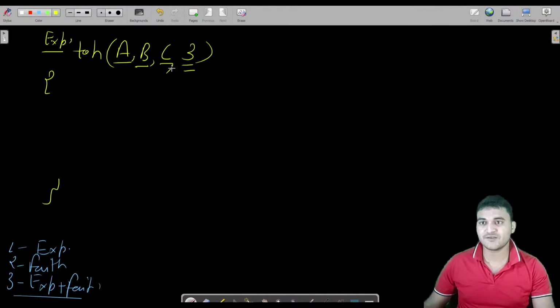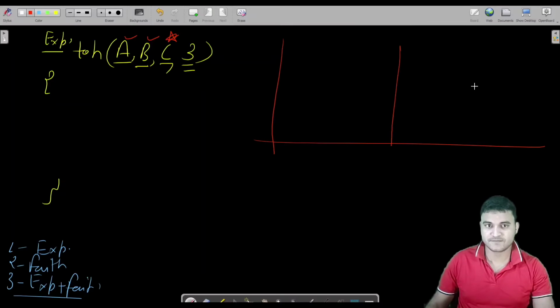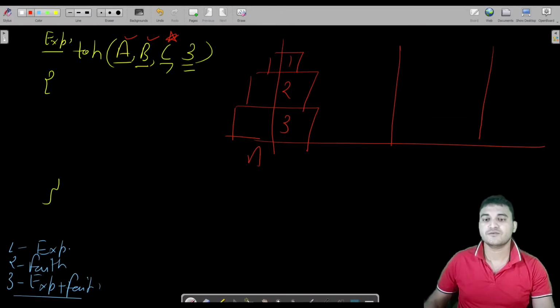Look at this very carefully. You have to move all your 3 disks from A to B using C. This is your mediator. That means, if you can see here, we have 3 towers, and there are 3 disks placed over here. This is 1, this is 2, this is 3. What do you have to do? This is A, this is B, this is C. You have to move all these disks from A to B using C.